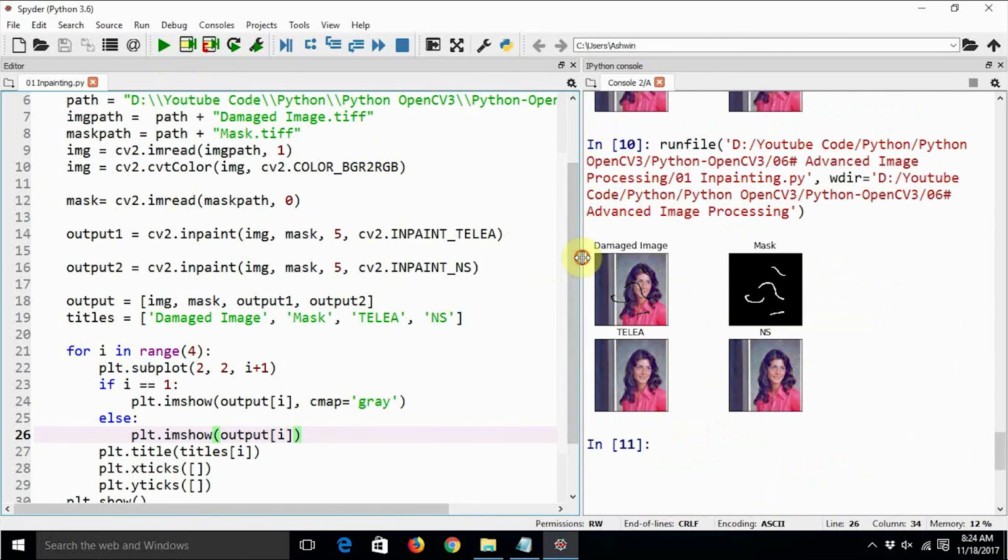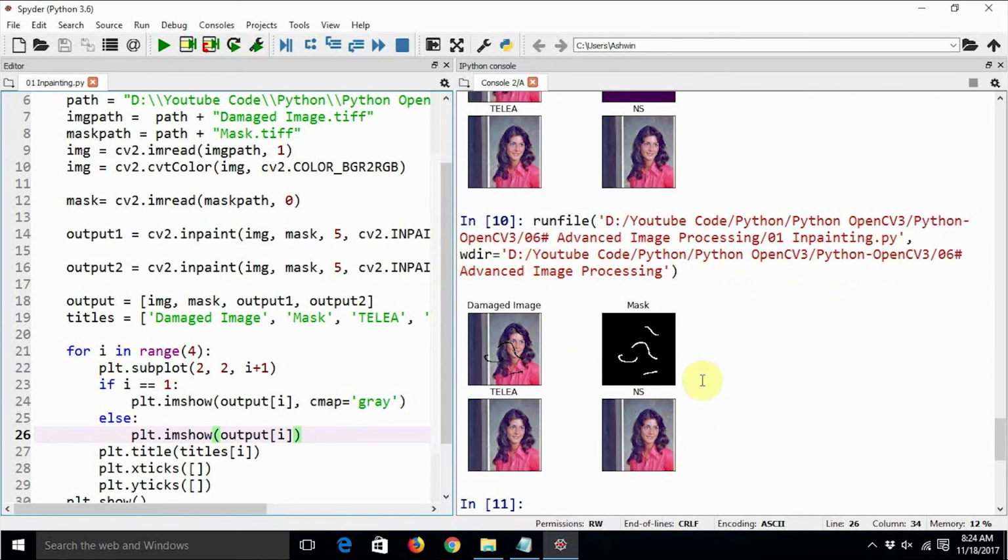Yes. So now it is showing all the images with appropriate CMap, and as you can see, the damaged image has got some damage, and then we have created corresponding mask of that damage using one of the image editors in Windows, and then we ran the cv2.inpaint using Telea method as well as using NS methods, and we could see the reconstructed images. So this is one of the best usages of OpenCV.